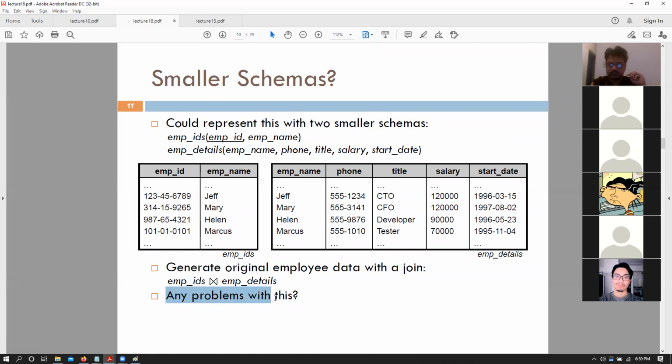So given we have this breakdown, let's say that we want to naturally join these two tables, that is employee IDs and employee details. Is this breakdown a good idea? Can you tell me yes or no? And when you type in yes or no, also tell me why. Is this breakdown of that table a good idea when we look into this natural join operation between employee IDs and employee details? Remember what a natural join is.